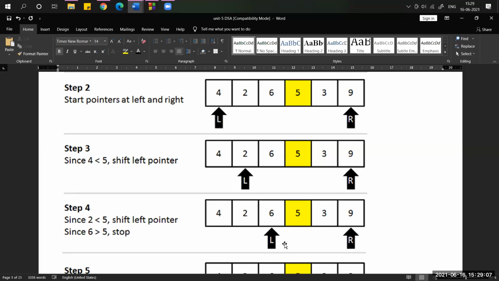Whenever the condition is false, we have to stop moving the left pointer. What is the condition? The element should be less than the pivot element. If it is less than, move. If it is not, I mean greater than, then stop. So here 6 is greater than 5, so we have to stop.